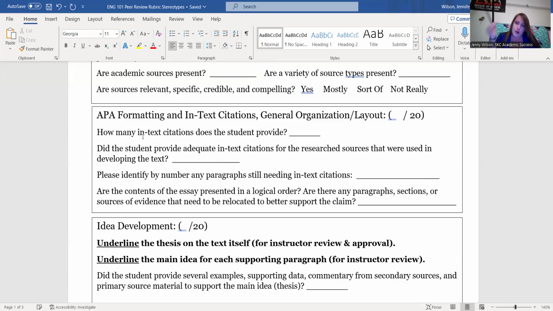But like as you're talking about something and you mention some type of data or some type of example from the media or whatever, did you indicate to me as I'm reading the paragraph itself where that came from? And so I should be able to very easily, whether it's with a parentheses, either including the author's last name or the year, if it's APA, it's author last name and year that we want.